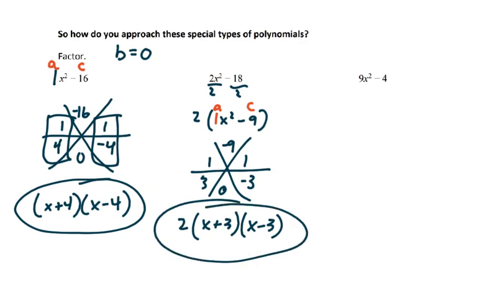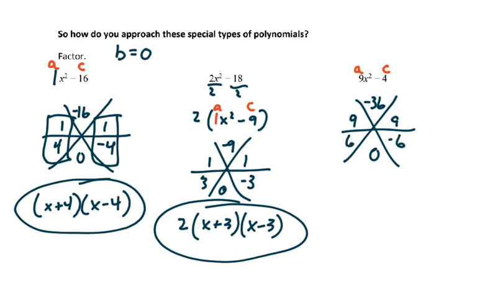Because once again, it was easy to think of what multiplies to get negative 9, but adds up to 0 because it's a perfect square. And we're going to do this one more time. This time a is 9, c is negative 4, but b is 0 again. So we got 9, a times c is negative 36. So we need things that multiply to get negative 36 but add up to 0, and that would be 6